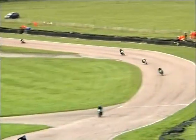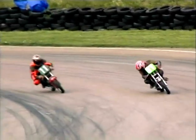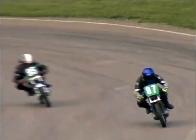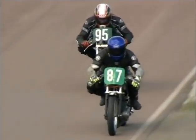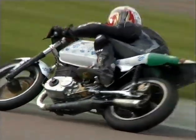Might be Simon Snowden ahead of those two. There's Ryan Anderson. And the cross can still continue. Still they come through. That's the 30 machine we got a glimpse of there. That's Matthew Braw. And the 87 bike is about to, that's Paul Henson, about to be lapped by who is to become the